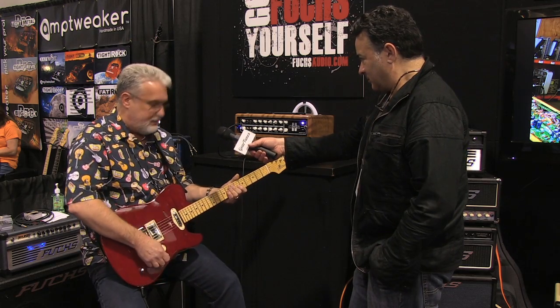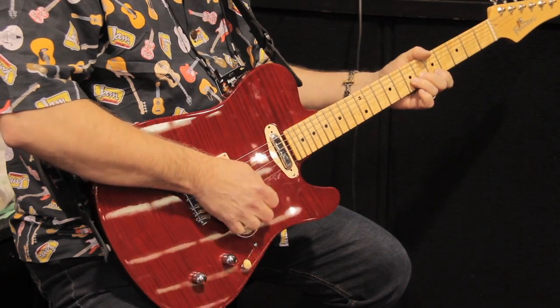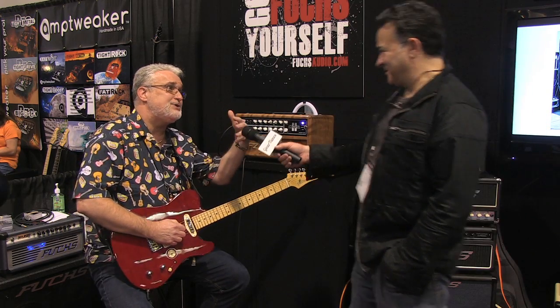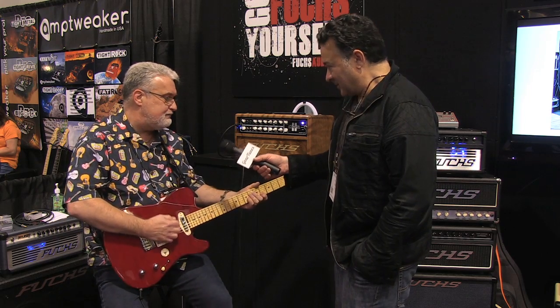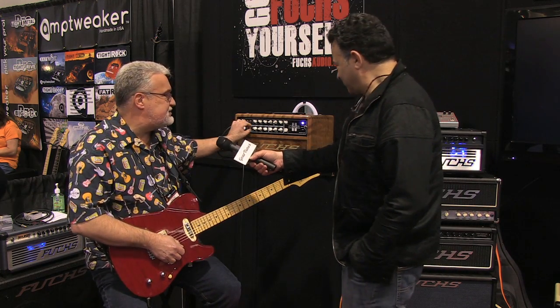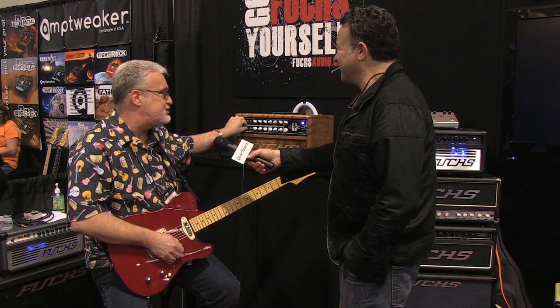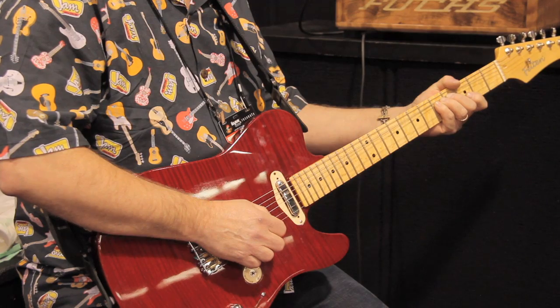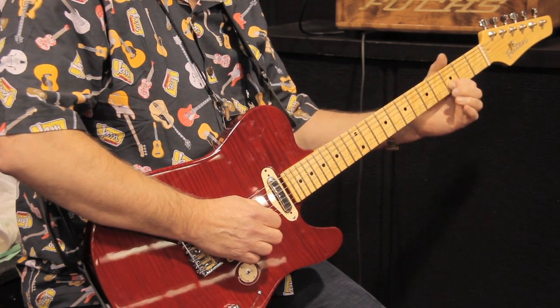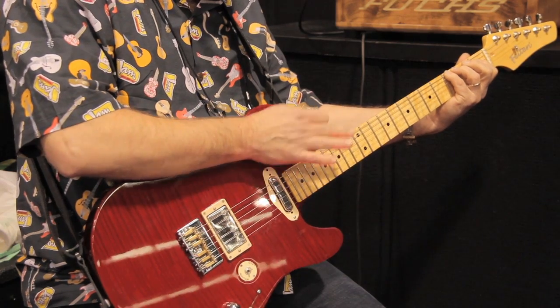I'm going to jump over to channel 2. Let me put channel 1 back where it belonged. We're going to go over to the drive channel. This is a medium to low drive. Kind of picks up where the first channel leaves off. If I throw a boost on top of it, and if I put a tone stack bypass on top of that and get a little silly, I'll throw a brite switch for some snarl. Got a little bit of sustain happening there. And that's kind of the low end of the drive spectrum, and if I really want to get silly,